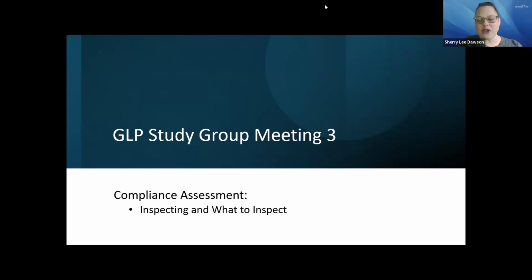But as QA, your requirements are to report to the study director. So you probably would still tell them not to do anything. But based on the regulations, you want to communicate your observation to the study director. So that's kind of an example. It's not necessarily just what would you do in this situation, it's what do the regs explicitly say you